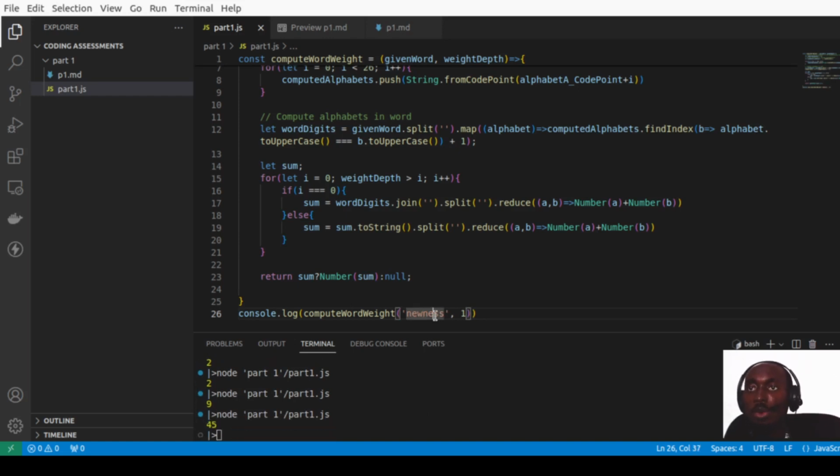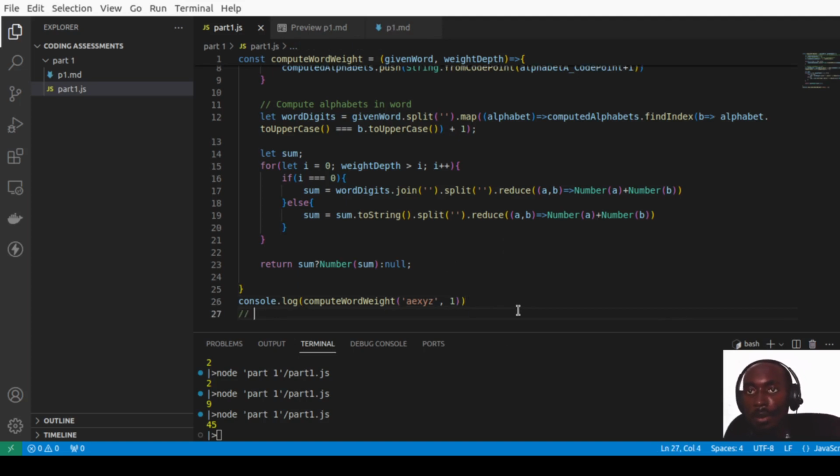Let's see for the first one. Let's check with something we can always verify ourselves, easily analyzing. I know E to be 5. Okay. How about XYZ? I think we can easily find those ones. So what are we expecting here? We go back to this. Let me just comment this here. Expecting it to be